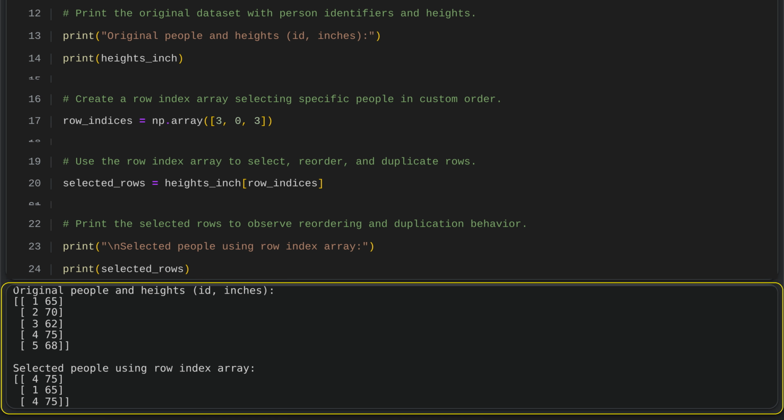This script shows how to use row index arrays in NumPy to manipulate data. It starts with an array that pairs identifiers with the heights of 5 people, then prints this original dataset. A separate index array is created to choose specific rows, which is used to reorder and even duplicate rows from